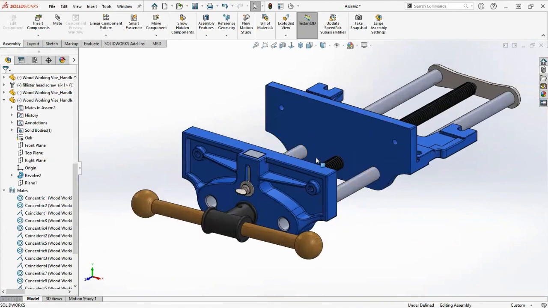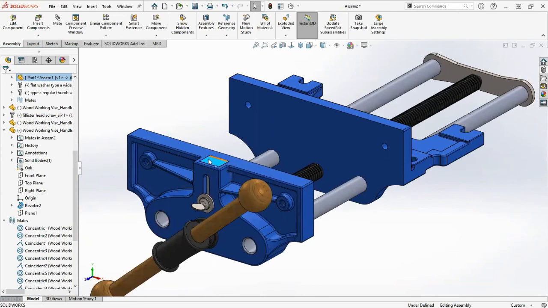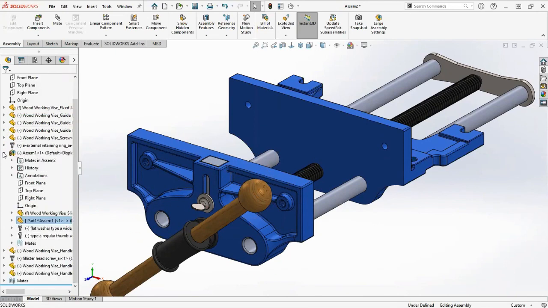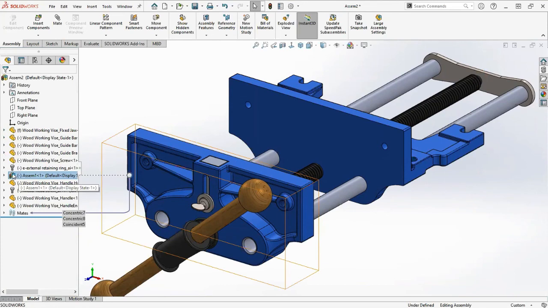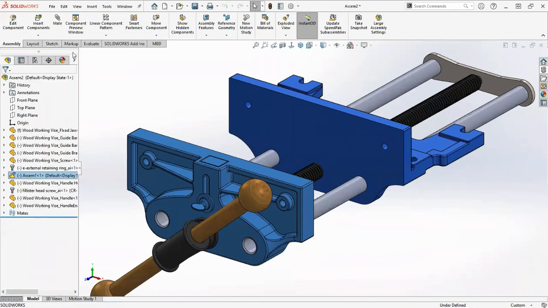Show you a couple more things before we finish up today. As you can see, I can't move my dog assembly here. That's because by default, when you insert a sub-assembly into an assembly, and you can see that this is a sub-assembly because it's got an assembly icon here, it's created as a rigid sub-assembly. Rigid means the parts within the sub-assembly cannot be moved. If I wanted to move those parts within the sub-assembly, I'd select it and select this option up here, make sub-assembly flexible. And once I do that,